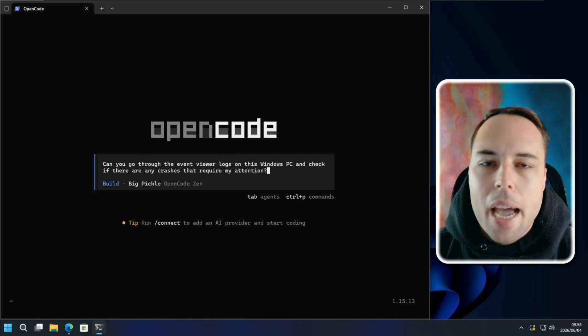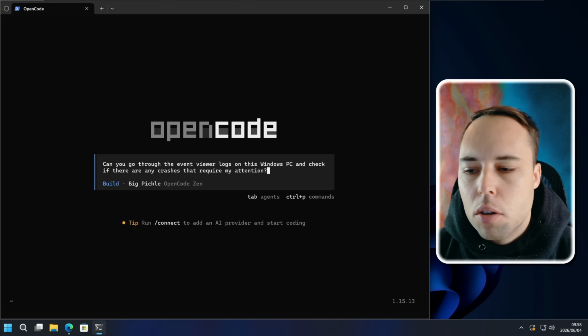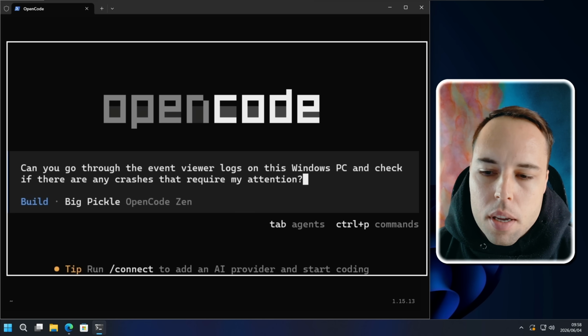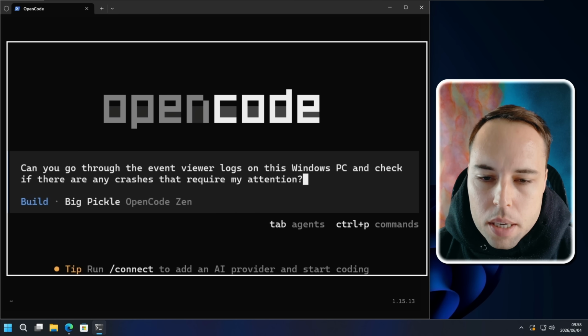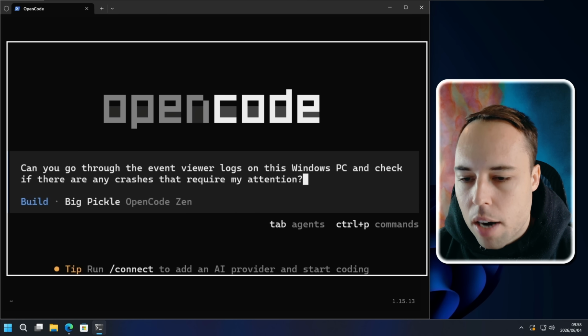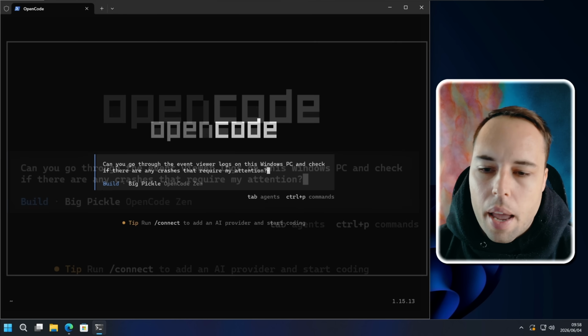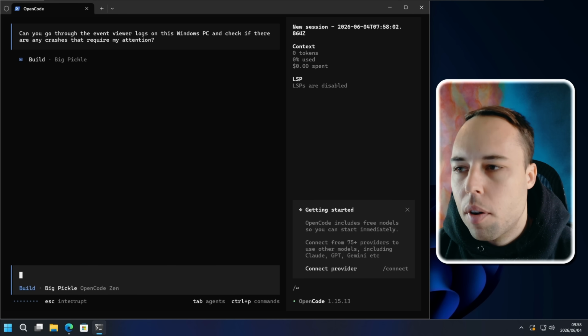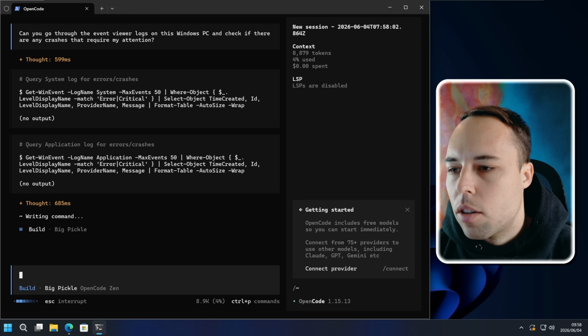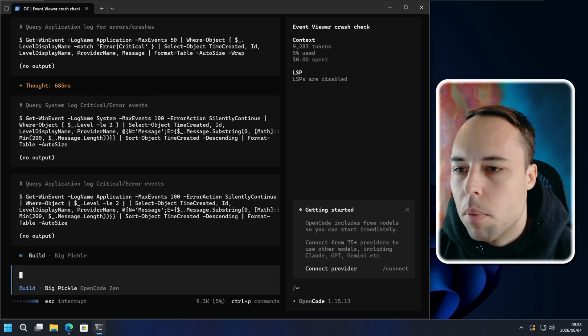Now let's get into the actual prompts or use cases that I've thought of for this video. So the first one being, can you go through the event viewer logs on this Windows PC and check if there are any crashes that require my attention? And if I press enter to send that off, it's going to start a new chat, and straight away it's running PowerShell commands to